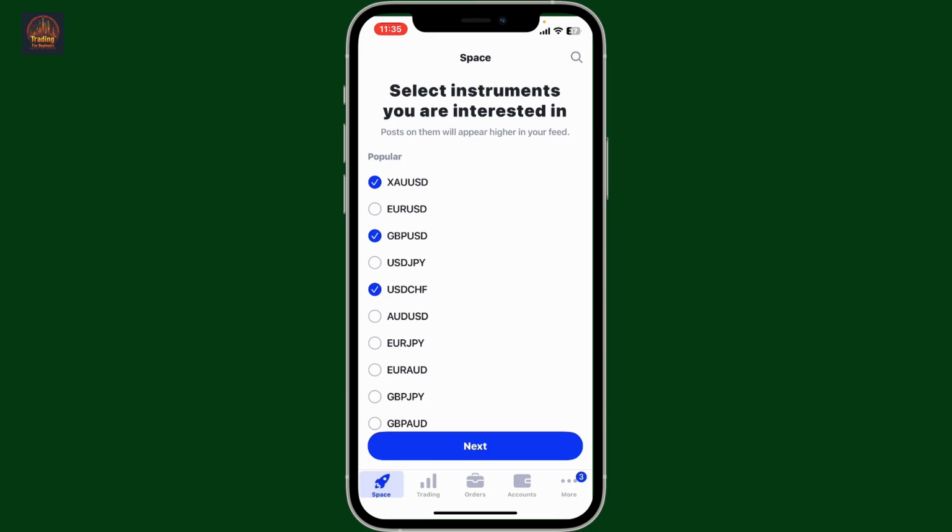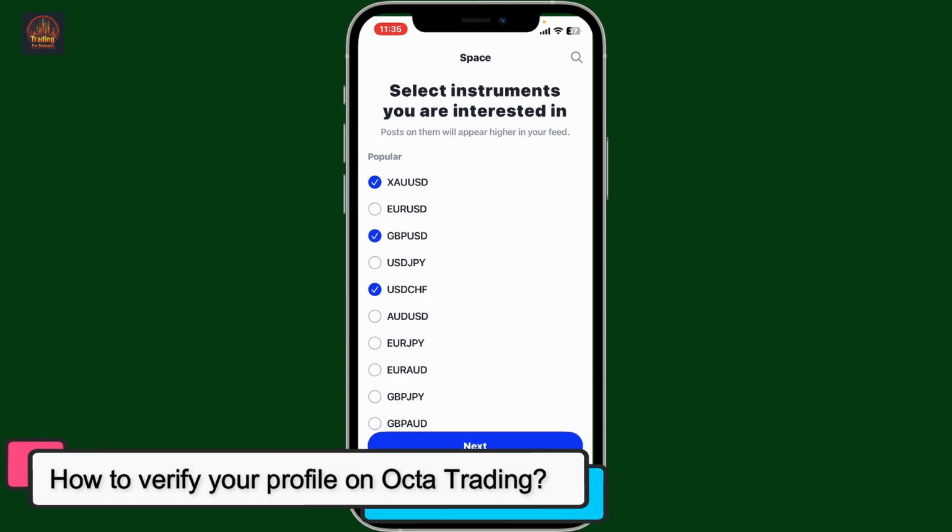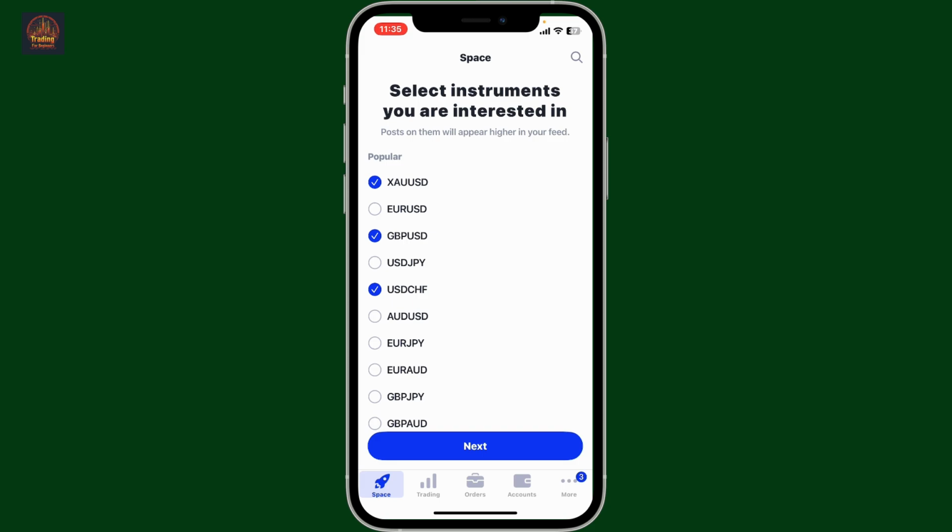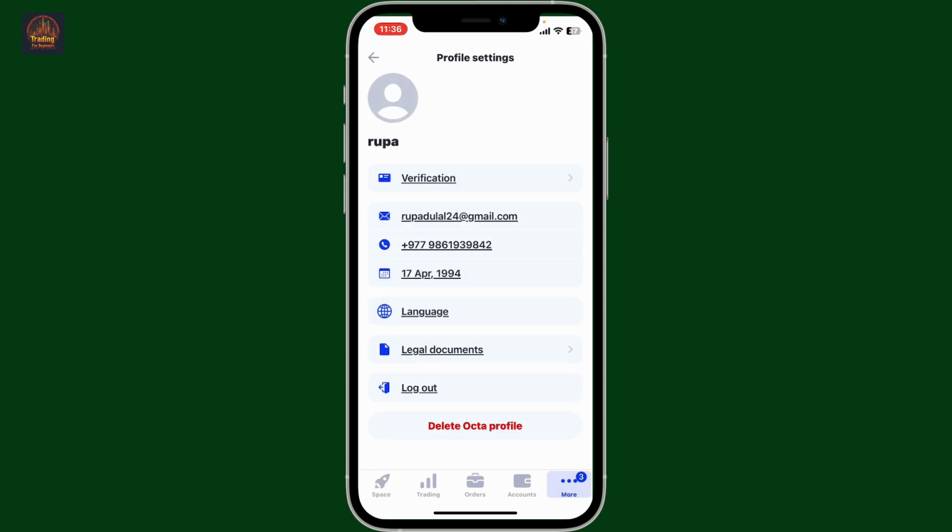In this video, we will be learning how to verify your profile on Octa Trading. To verify your profile on Octa Trading, first of all, access your Octa Trading application and open it up. Now from your home page, go to the More button at the bottom right corner, and from the Profile Settings